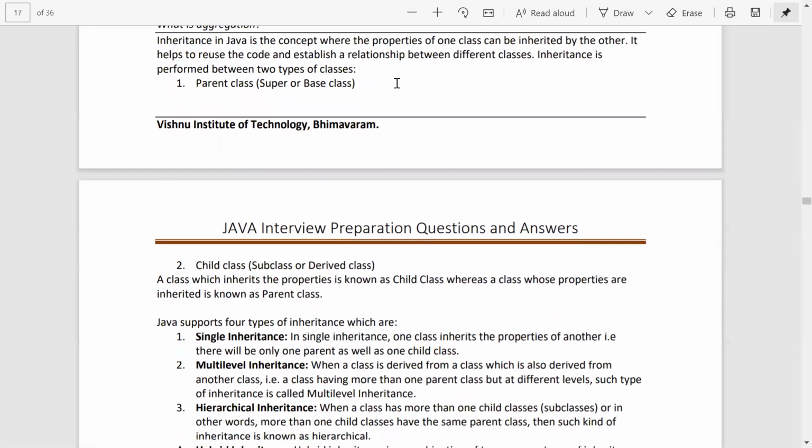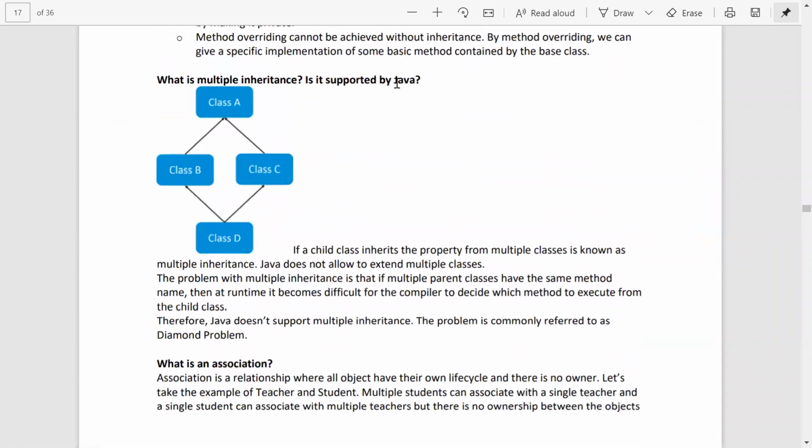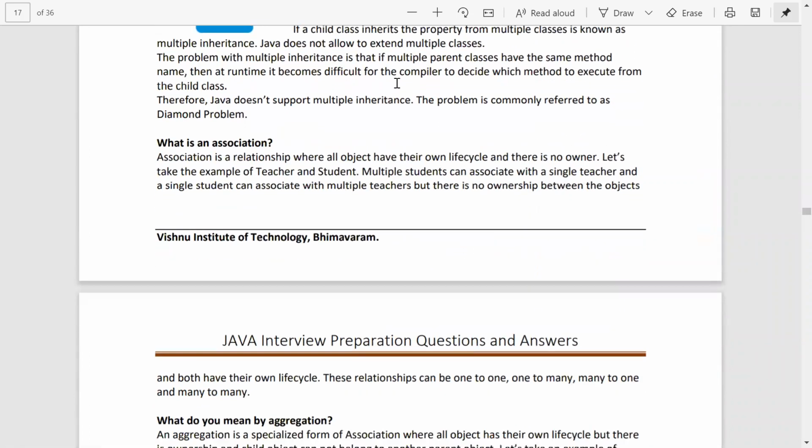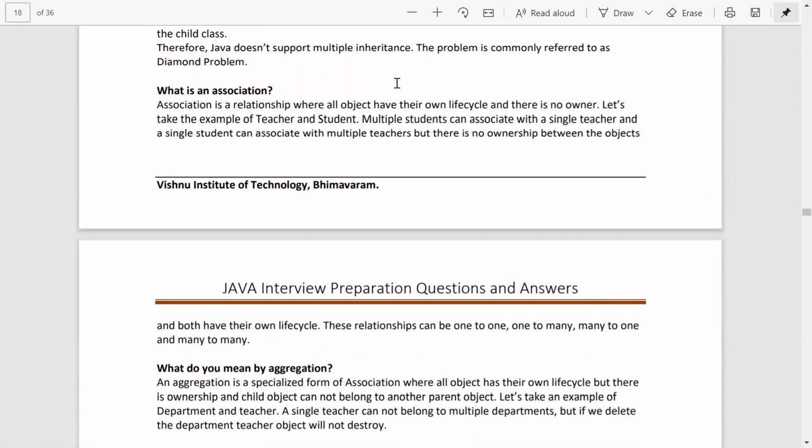What is aggregation? Here there are a few topics. What is meant by aggregation, composition, and association? The association is a relationship where all objects have their own life cycle and there is no owner.